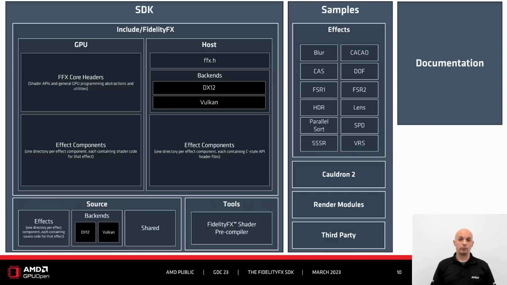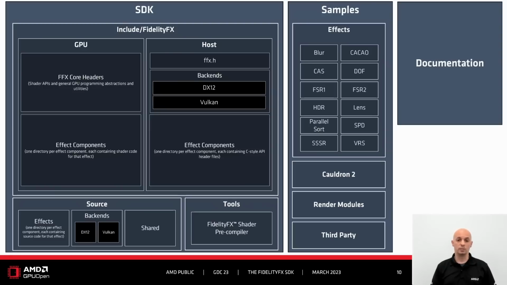Now let's look at a breakdown of what you'll find on disk when getting the SDK. Our SDK code folder is typically anything you might ship in your game or use to build your game. You can either compile the SDK into a set of libraries through the C API and link it with your application, or take the shader code directly into your game like you did with our old samples. Again, nothing is lost from the current situation. We've only added more on top to make things easier to use and introduce broader consistency. Building the SDK will make a set of static libraries, one for each component and one for each backend. Link the ones you want, leave the rest behind.